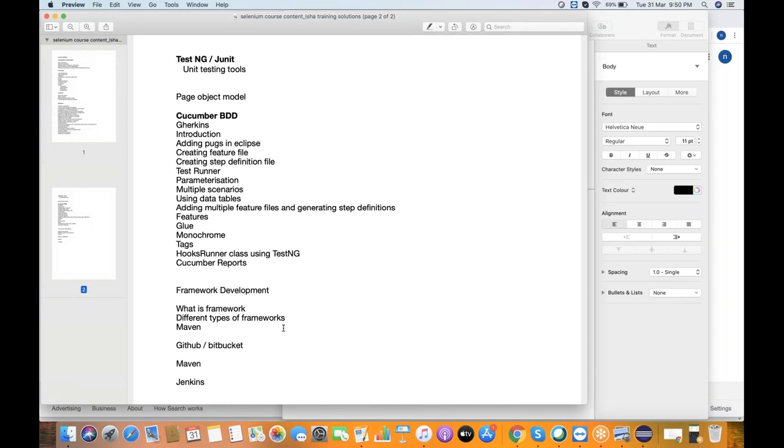So I'll be discussing what the different types of frameworks are, what a framework is, and why we use a framework, and all that I'll discuss. And we'll be creating some frameworks for sure, but not from exact scratch, because I'll be using some reusable code. A framework is not something which can be developed in 2 to 3 days or 5 days. Generally we customize the framework as per the client requirement, and we plan accordingly.